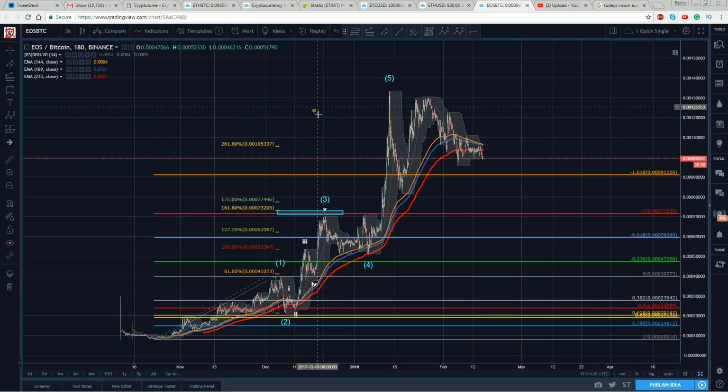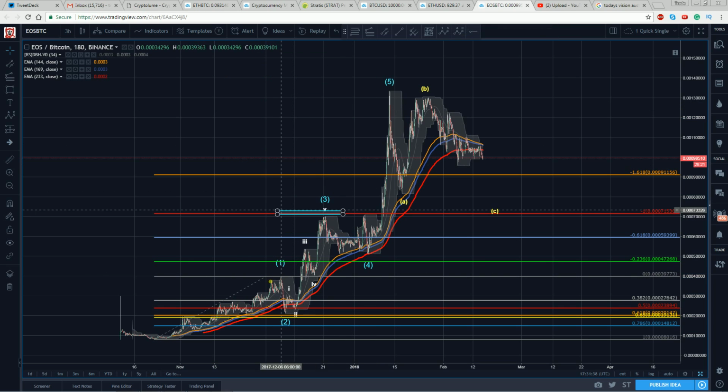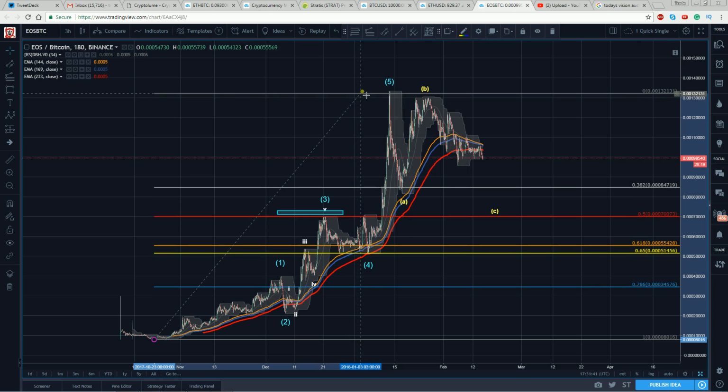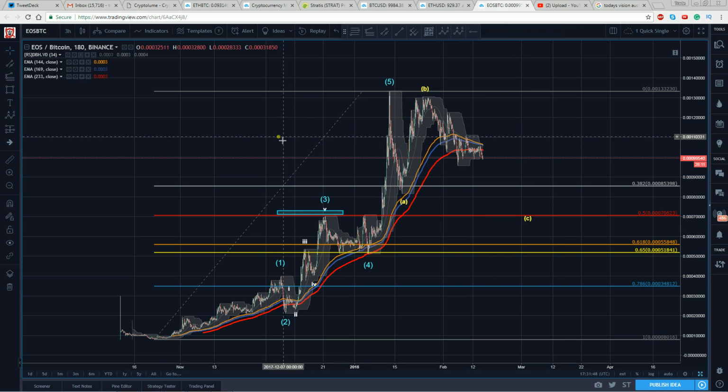So it makes sense. If that were to play that way, then the assumption is that we have a completed 5-wave structure, and now into the correction we'd have an A, a B, and we're putting in a C. So if we take this on the assumption that this is a completed 5-wave structure, and we go 3, 4, 5, A, B, C, the next thing we're looking for is the C wave down here. Now, there is nothing that invalidates that count. That is a count that absolutely can play out, and it may be the count.